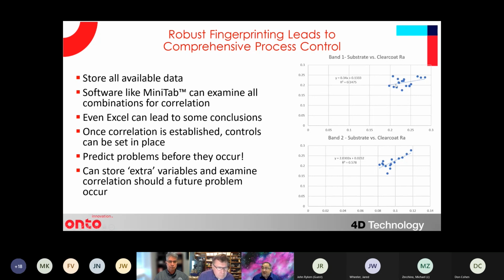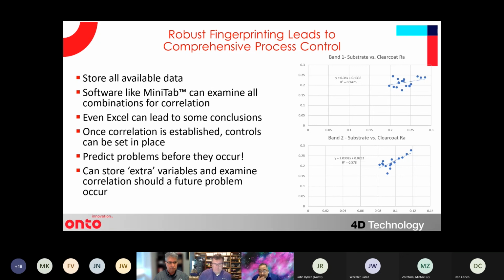And so that would be bad in terms of trying to control process. But looking at a different band, very high correlation of results in terms of initial substrate answers versus final clear coat roughness. So measuring in that band allows you, again, to know whether something's good or bad and predict problems before they